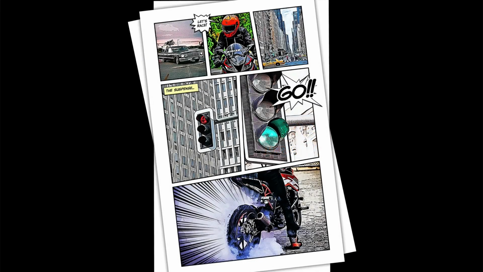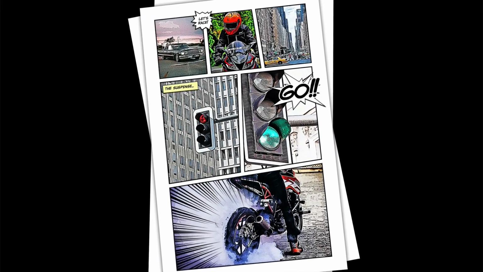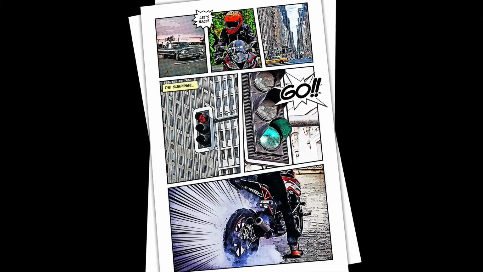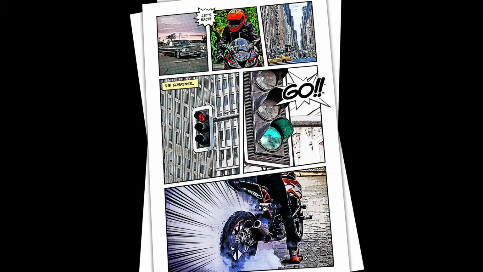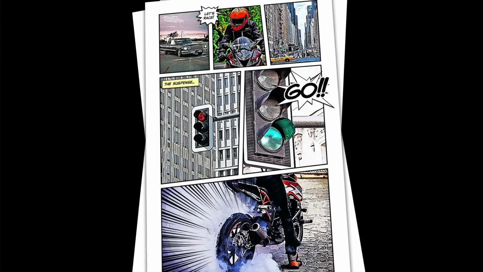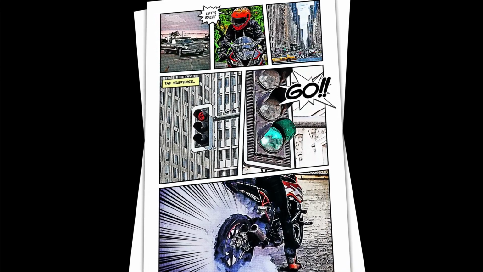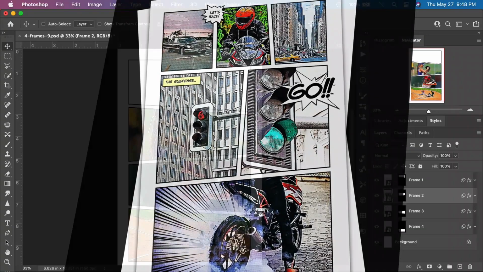In this tutorial, I'm going to show you how you can turn your photographs into a comic book. As photographers and artists, our job is to tell stories with our images. So what better way to tell a story than to use our photographs and turn them into a fun and amazing looking comic book. Now in this bundle, we've included a number of different template files that have already been